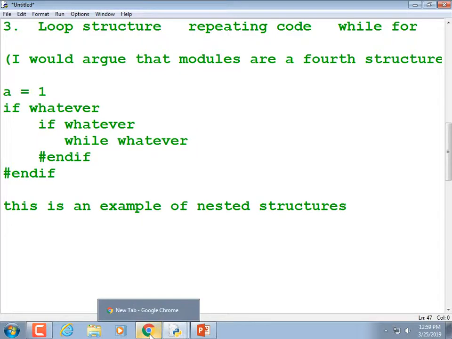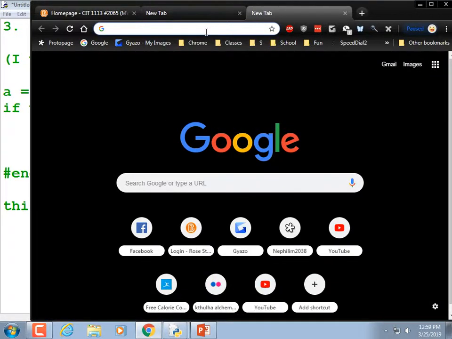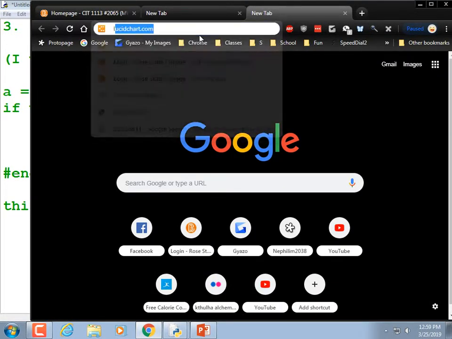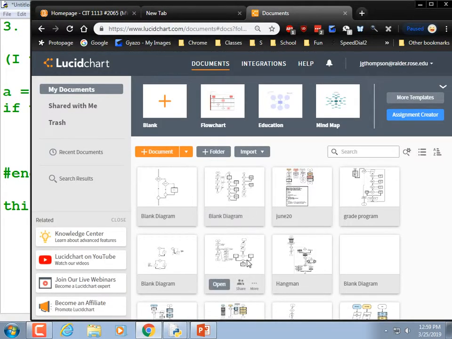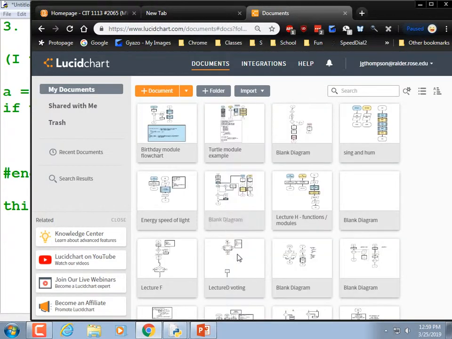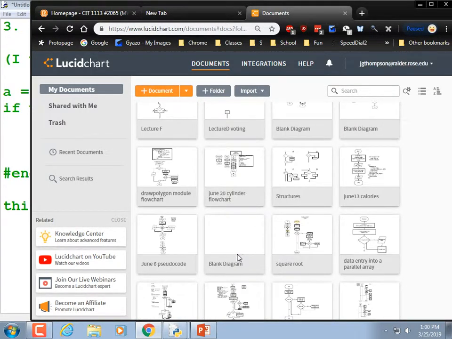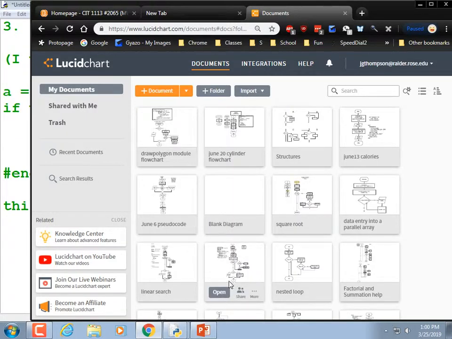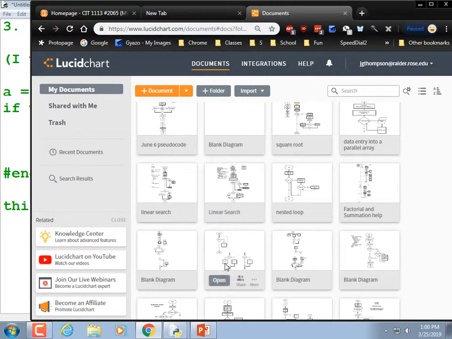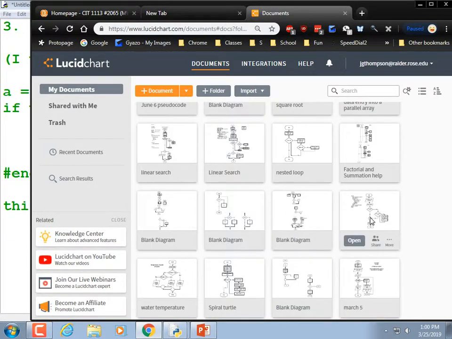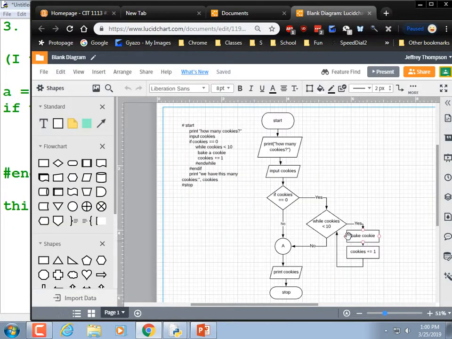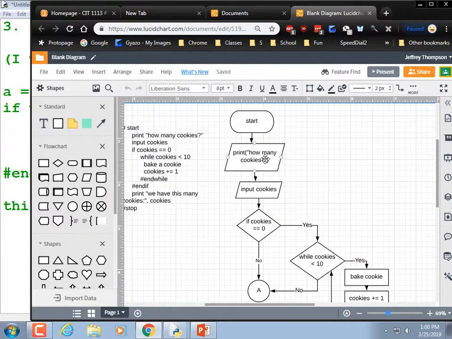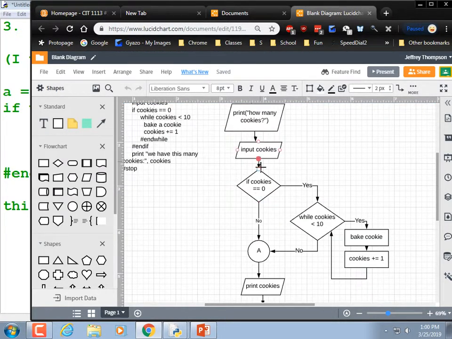So, like this. I'll go back to that page real quick. And here's one. All right. So we have an if statement. Print how many cookies? Input cookies. And then if the cookie is equal to 0,